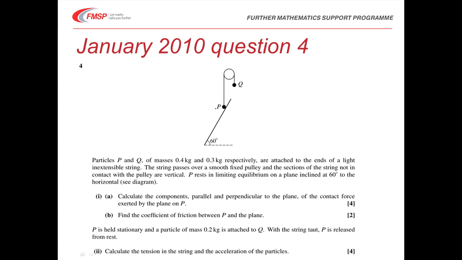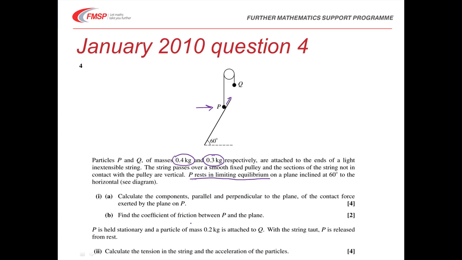It's unusual that we see a pulley with one particle resting on an inclined plane, but this question is certainly not as bad as it looks, because P is in contact with the plane when everything is resting in limiting equilibrium, and as you see, P has a mass of 0.4 and Q of 0.3, so P is the heavier particle at this point, and if it's resting in limiting equilibrium, that's because friction is acting up the plane to stop P sliding down. So we're going to use something about the friction associated with P to establish the first part of the question,